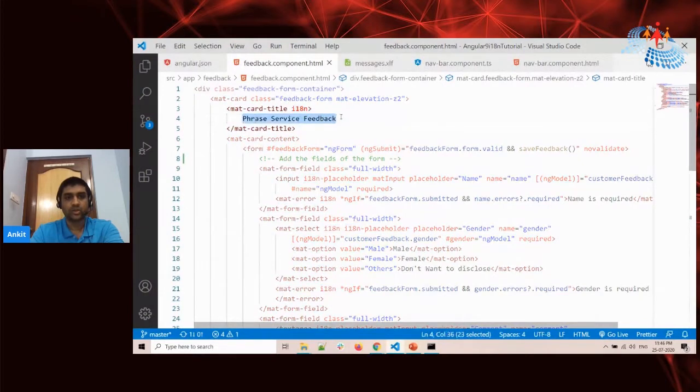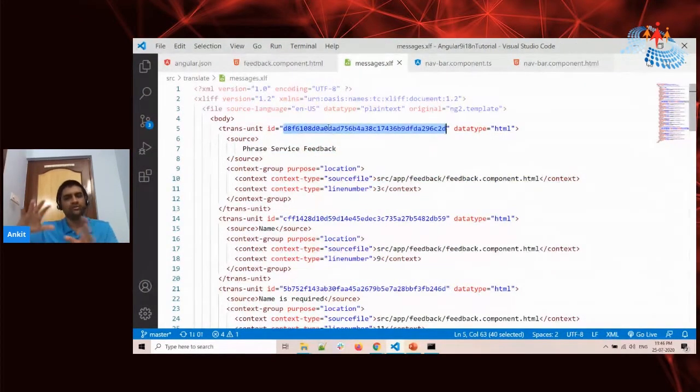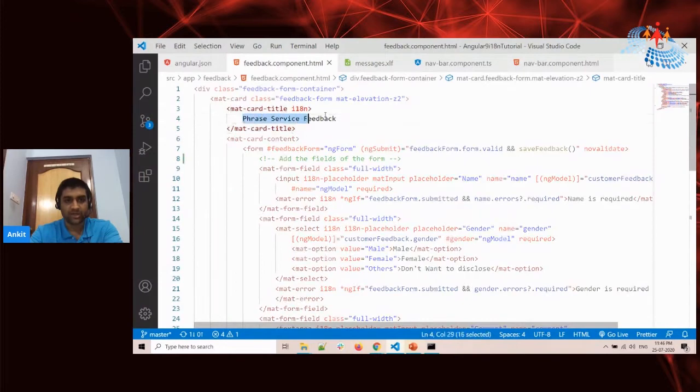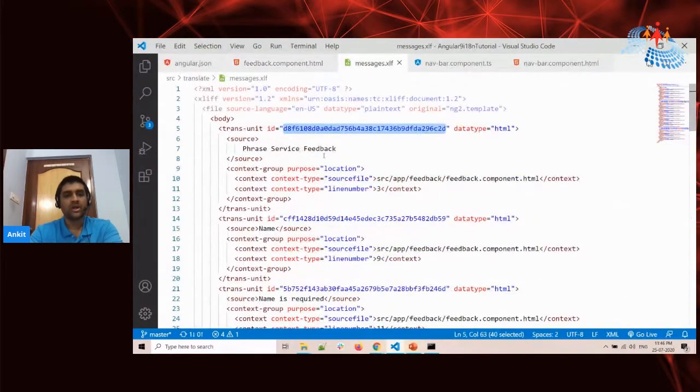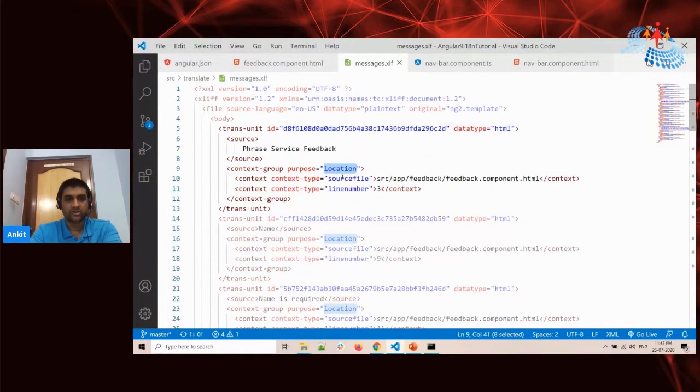So this text and this ID are correlated with some internal logic which we are not aware of. Therefore, if you change this particular text, you have to regenerate the file so that this ID will be updated.